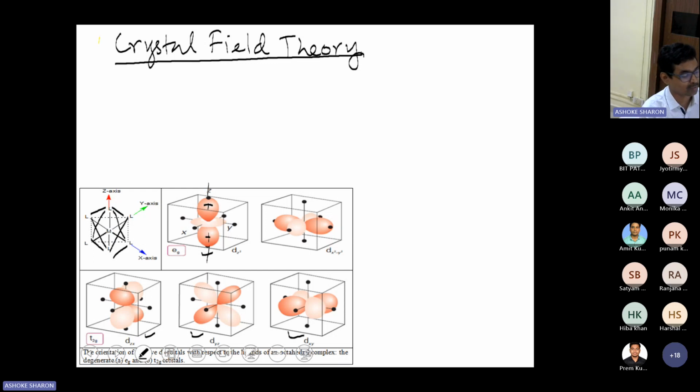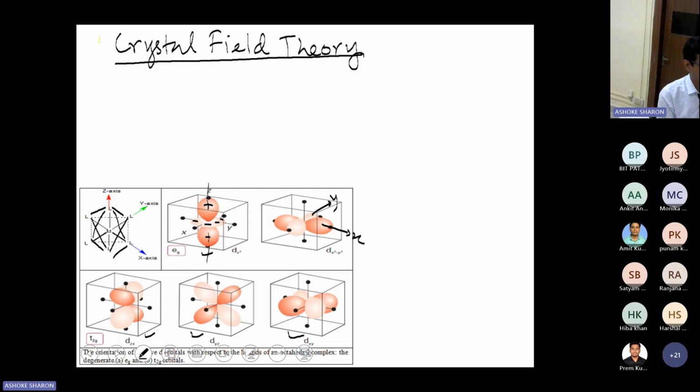If this is plus, then the central ring will have a minus charge. But this is oriented along the z-axis. Similarly, the dx square minus y square orbital is oriented along the x and y axes. If this is the x-axis, then this will be the y-axis. Okay. Therefore, if we again come back to the octahedral geometry shown in the first box, we can understand that